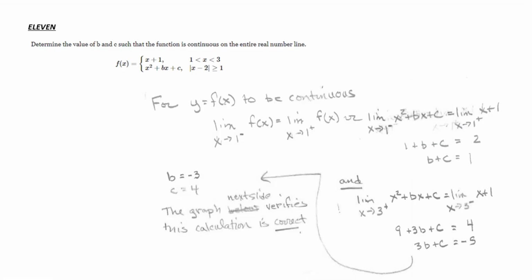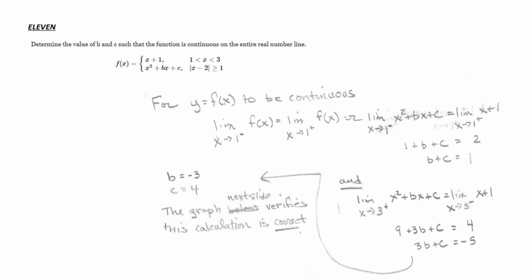Number 11, you were supposed to determine the values of b and c so that the function is continuous on the entire real number line. This is piecewise continuous, and so the left and right limits have to be equal for it to be continuous, and so you end up with this when you consider the limit x tending to 1 from the left and compare that with the limit as x tends to 1 from the right, and so you get b plus c